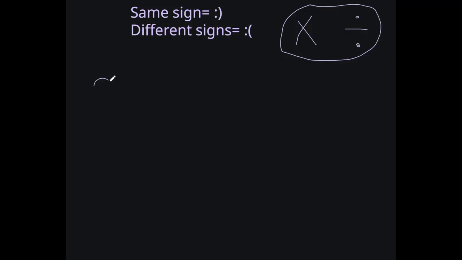Okay, for our first example here, we're going to do positive 3 times positive 4, and we need to find out if our answer is going to be positive or negative. For this one, we would just solve like normal. 3 times 4 is 12, but let's think about why this is a positive number. Positive 3,